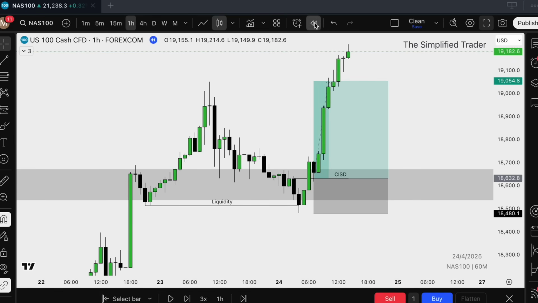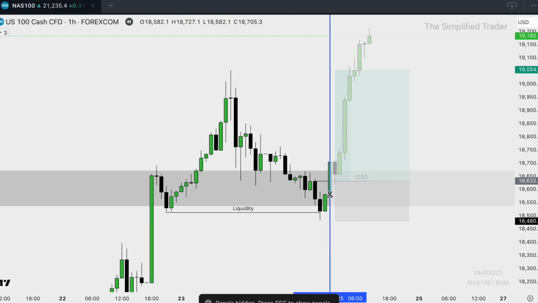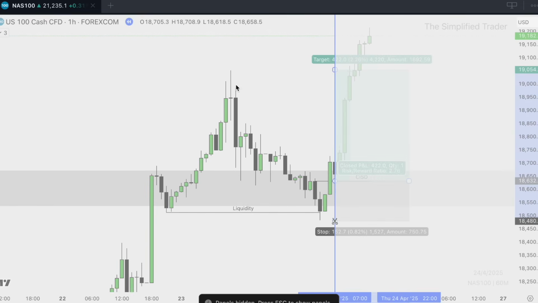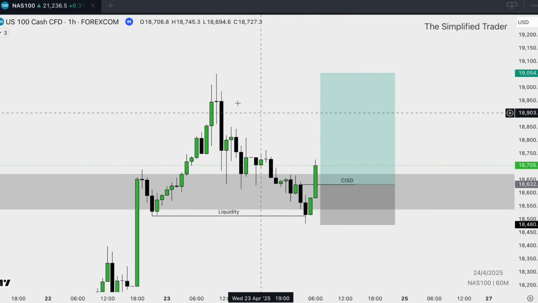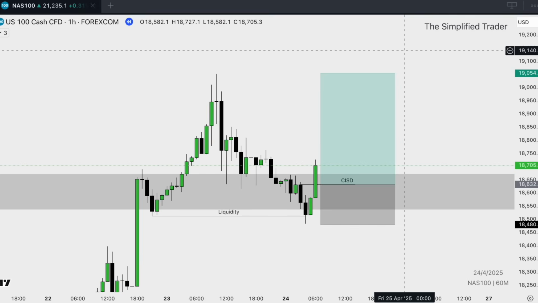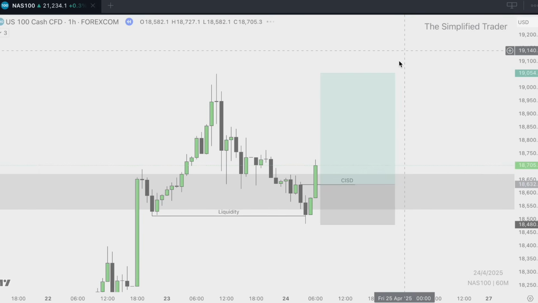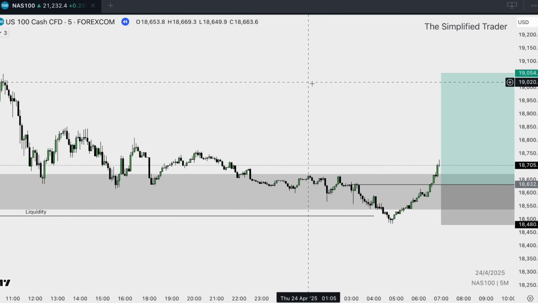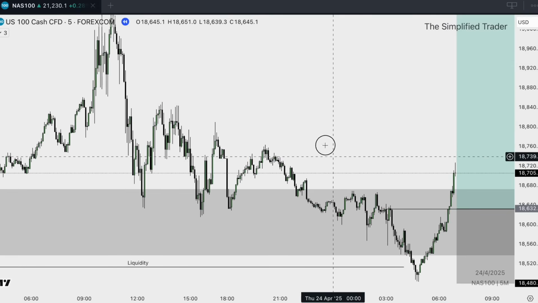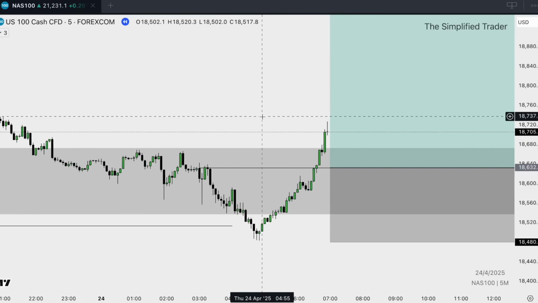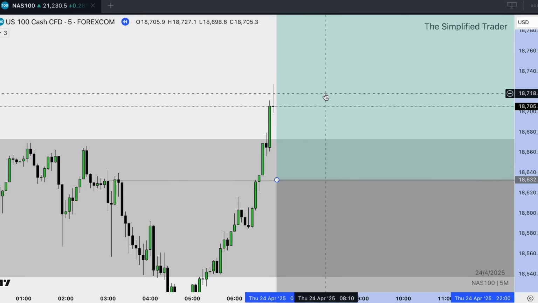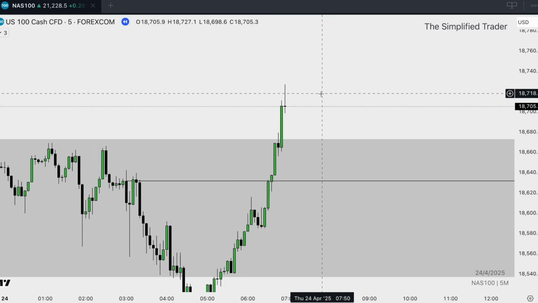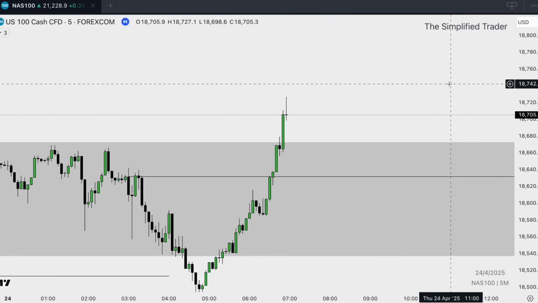If we go back to where our entry happened on the 1 hour time frame. Remember, this is what our entry would look like on the 1 hour time frame. We can drop to our 5-minute time frame to further refine our entry, because our stop loss will be closer and our target will be closer as well. I'm just going to delete this 1 hour order block entry,